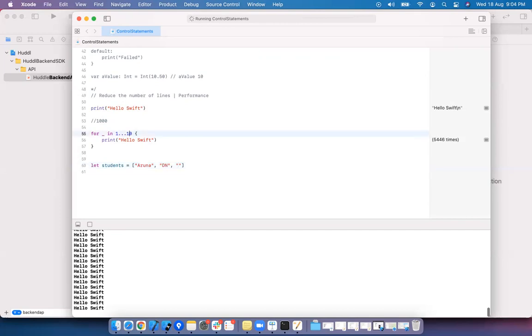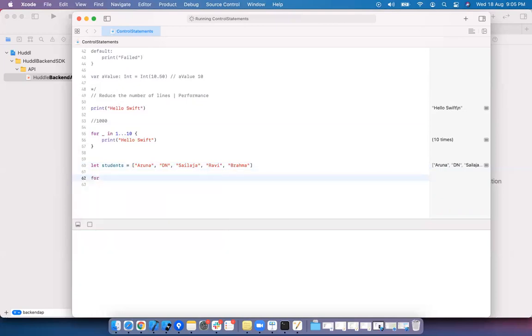Let me reduce this. I have given some student names, and I want to iterate through the collection.